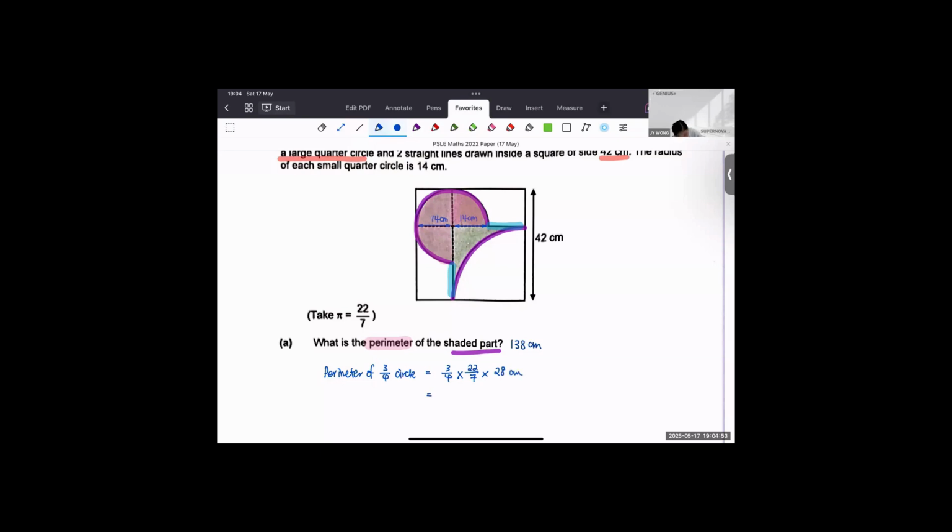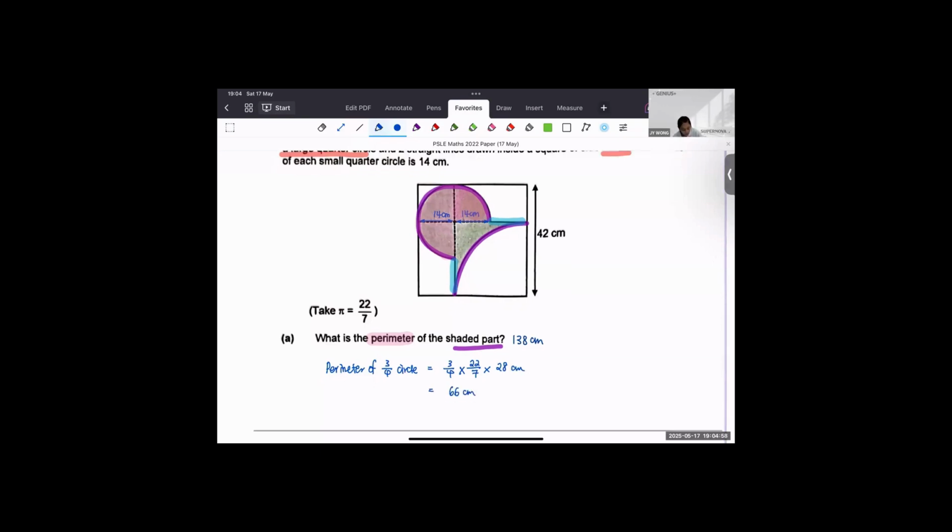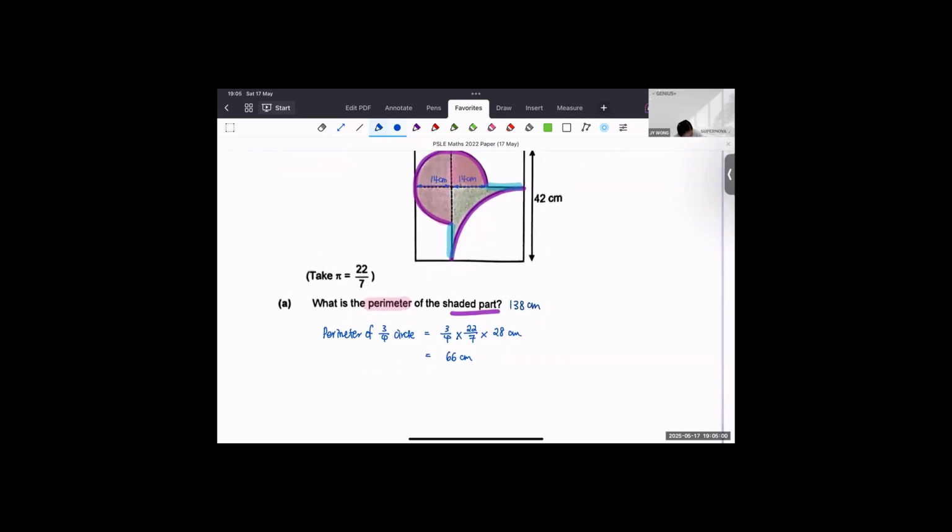Then when I do this, I will be able to tell it's 66. Then what's next? I have to find the circumference of the large quarter circle, which will be 1/4 times 22 over 7 times